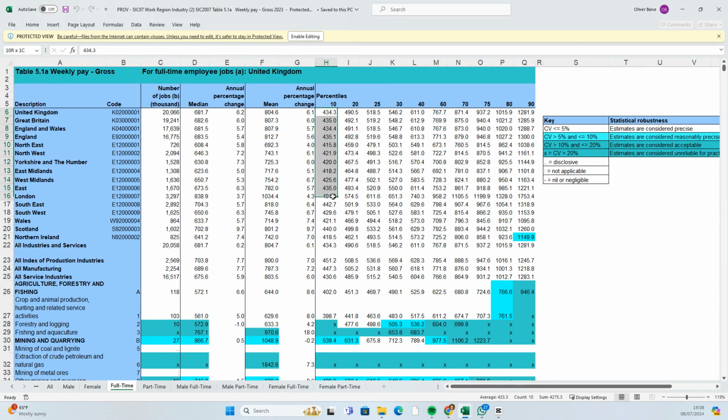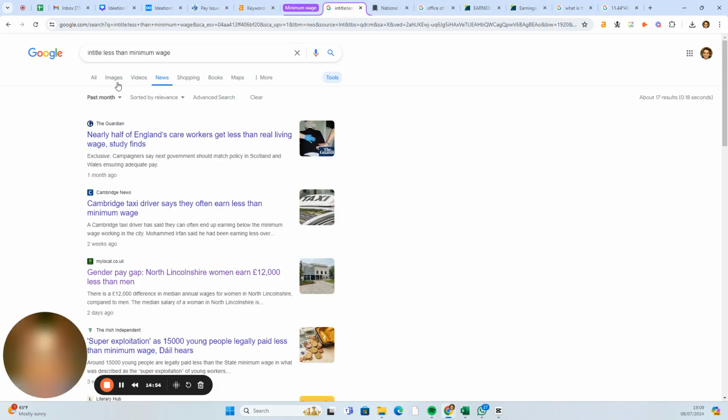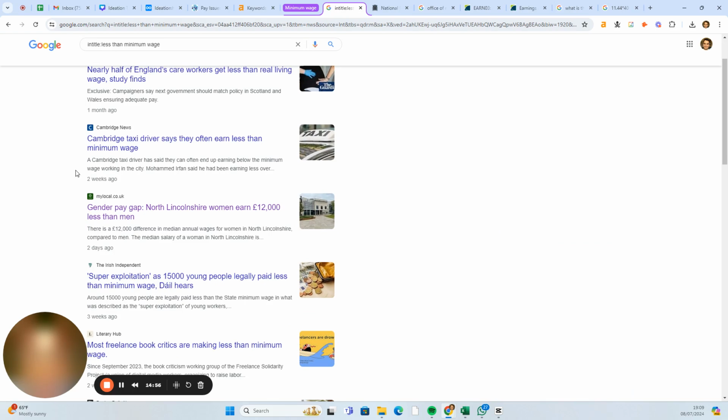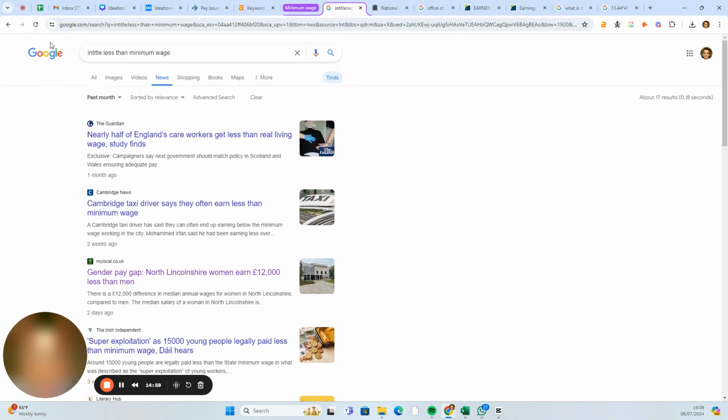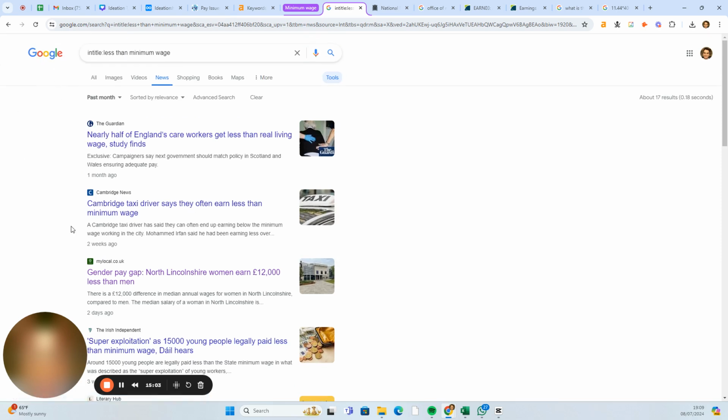As you can see, quite a lot of these are lower than that. So yeah, there's the story. We just have to crunch these numbers together. And then we can say this is the number of people earning less than the minimum wage. But again, the key here is this demand. If you can see that journalists are writing about this, and writing about it recently and in volume,